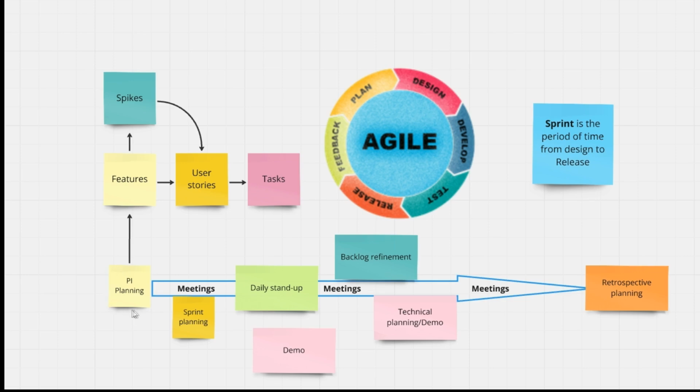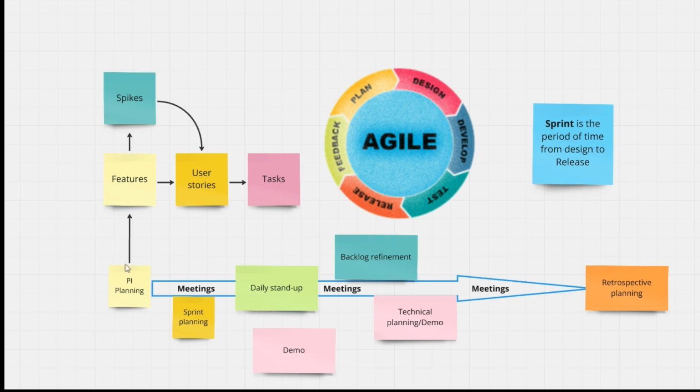We start it with an event or a meeting which is called PI planning, product increment planning. In our case, SAP is a product, and we increment this product, adding more and more functionalities to fulfill the increasing requirements. So during this meeting with business solution architects, specialists, business experts, business key users, product owners, developers, and all of the main stakeholders of the business,